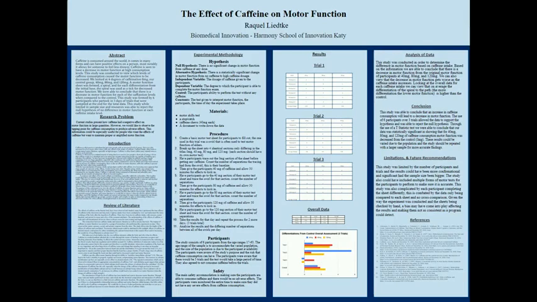To represent the data, I looked at the deviations of each participant's tracing of the motor function test and compared that to the control for that day, and then provided the value of increased or decreased deviations from the path for each one of the caffeine levels. These data points are then compiled on the charts presented on the screen. The means were then found for each one of the data sections, as all of them were placed in the same pool, given that they were only being compared to the controls for the day.